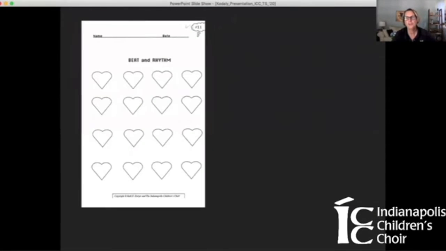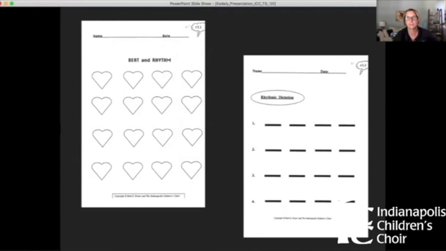If you're moving on to other songs and other things, we really don't need to have a worksheet for everything, and I understand that. So having a generic worksheet, having hearts, using hearts to show the beats and things like that will work very well, or just lines showing the beat.